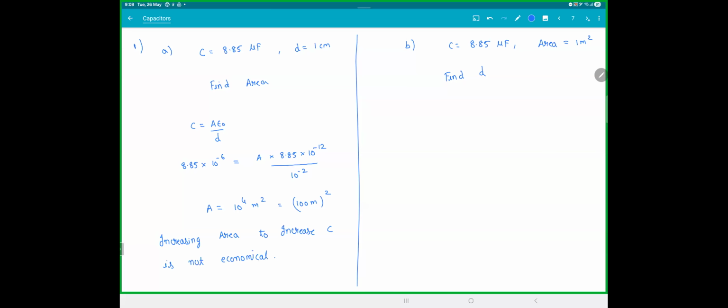What about the second one? Both the cases have a problem. So we will talk about that. That's the main intention of the question. Same formula, C is equal to A epsilon by D. 8.85 into 10 power minus 6, area is 1, 8.85 into 10 power minus 12 by D. We get D is equal to 10 power minus 6 meters. Now, if D becomes very, very small,